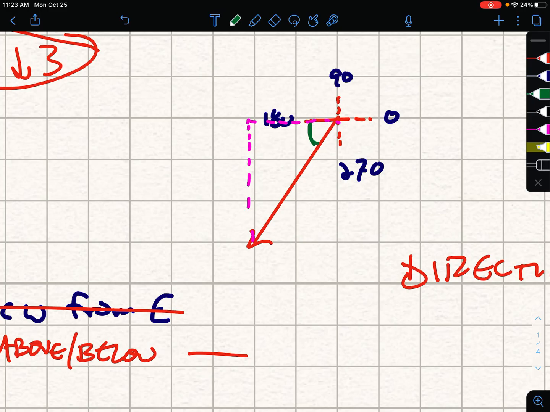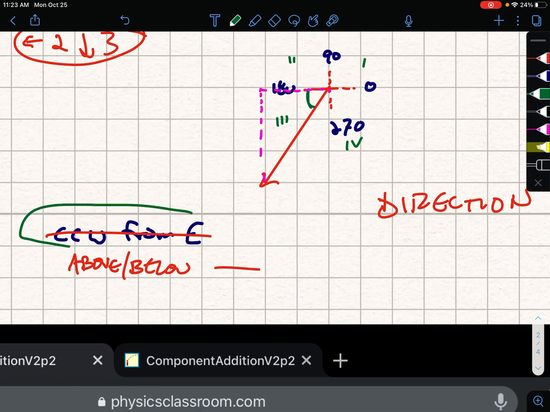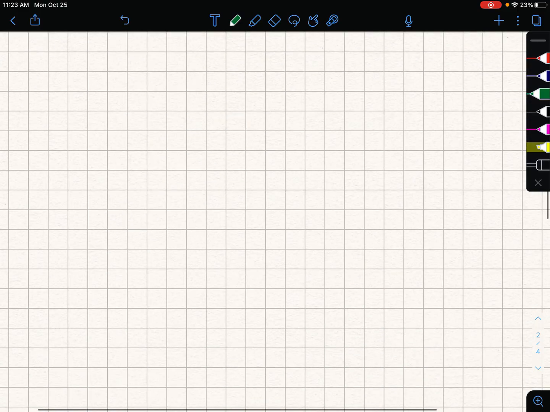Or I could say it's this many degrees below the x-axis in, what's this, quadrant 3, right? Because there's 2, there's 1, and there's 4. And this is so simple. It's almost insulting to ask you to do this on this concept builder, but I'm going to ask you to convert back and forth between counterclockwise from the east, your typical math, measuring all the way around from 0 degrees, to more of a relative reference angle. And so this next one,